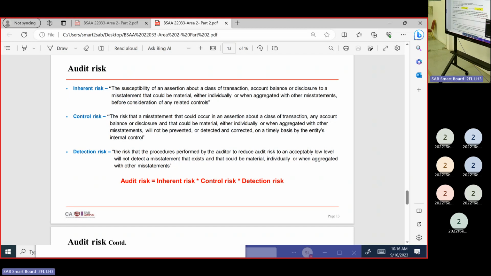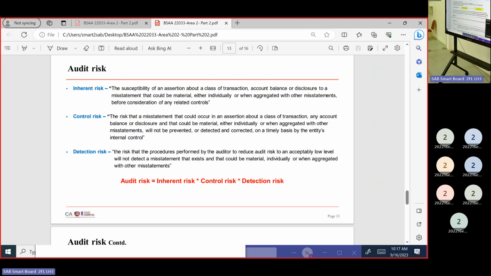Inherent risk. What do you mean by that? It is inbuilt, inherently, that area may be risky. Imagine that we don't have any controls. The controls are the answer for inherent risk. If there's an area that is inbuilt, by default there's a risk. Then we can say that area is high risk. Inbuilt by nature is the risk. Don't think about controls over there.